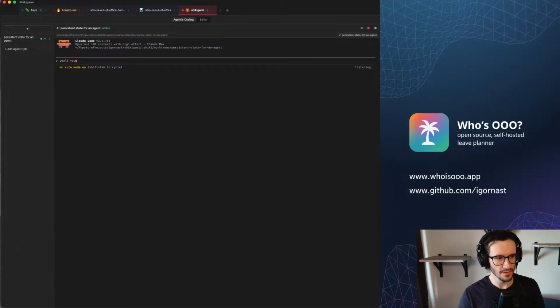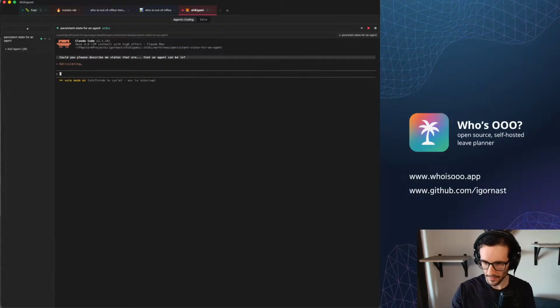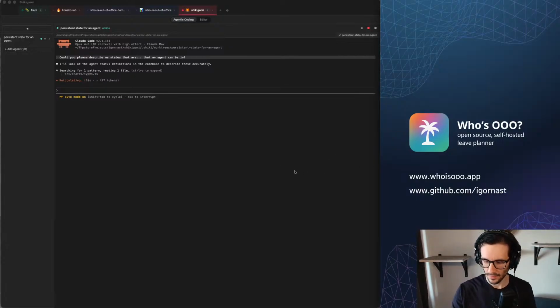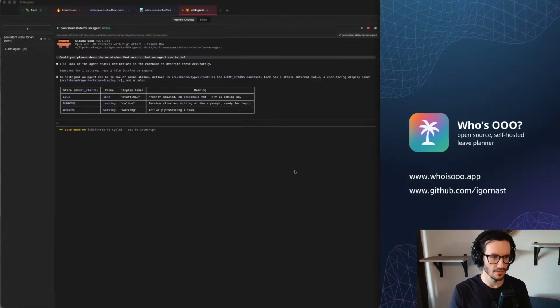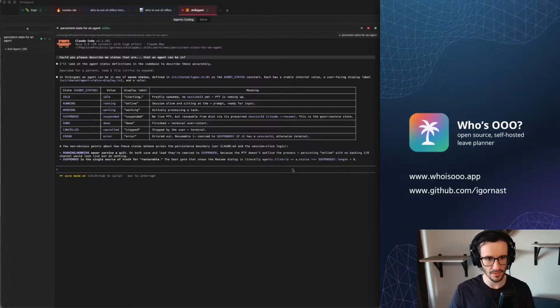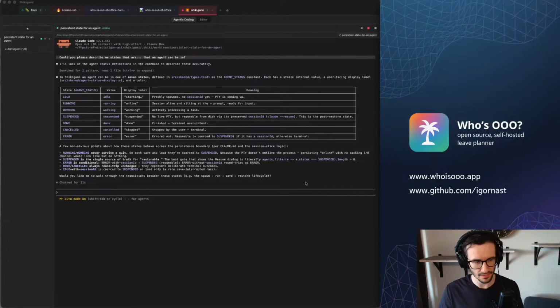Could you please describe to me the states that an agent can be in? Yeah, let's start with understanding what states are available. And also that information is going to be loaded into the context, because it's useful for completing this task.